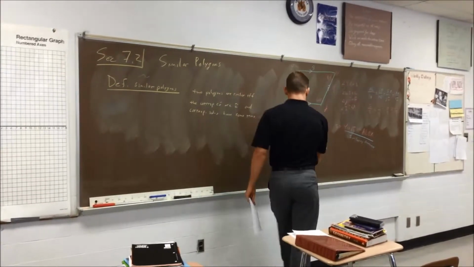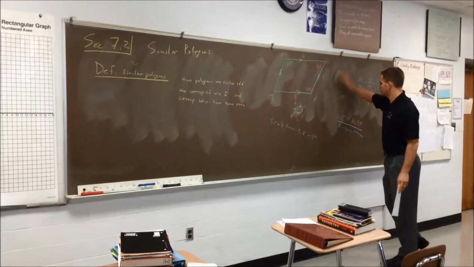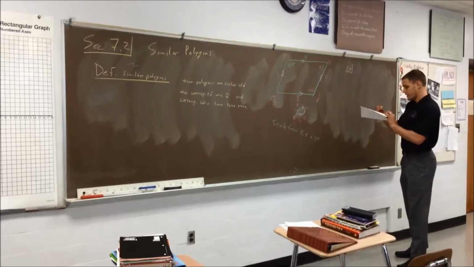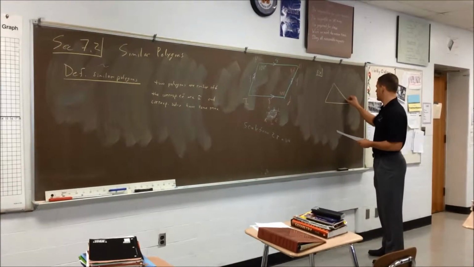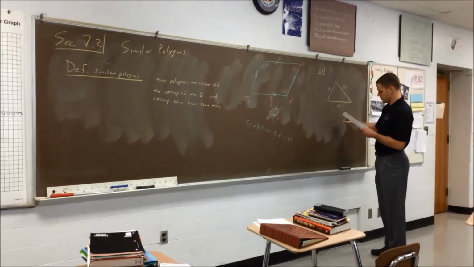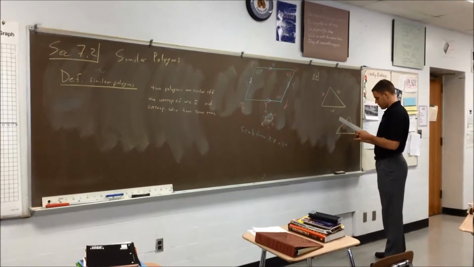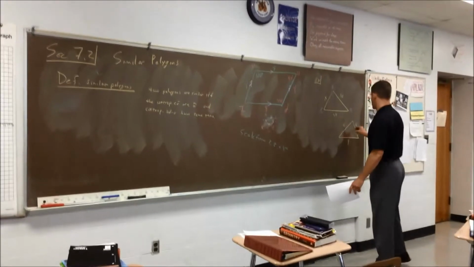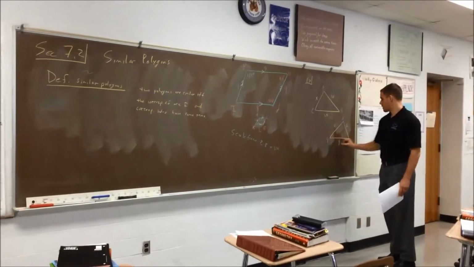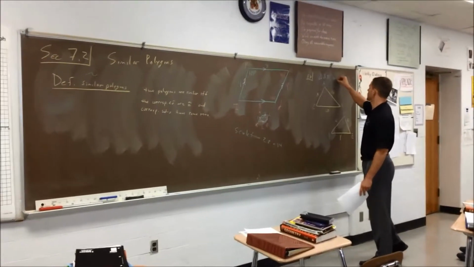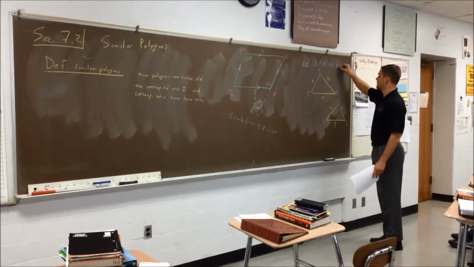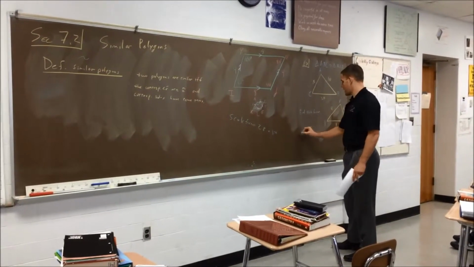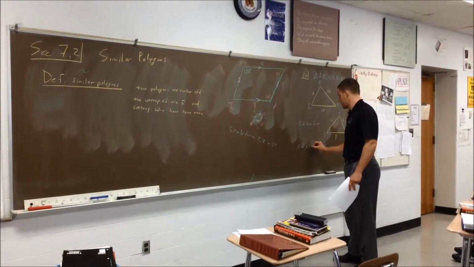If you know two things are similar, you can set up proportions. I'll do an example here. Triangle ABC is similar to triangle XYZ. Two things to do here. Find the scale factor, and also find X and